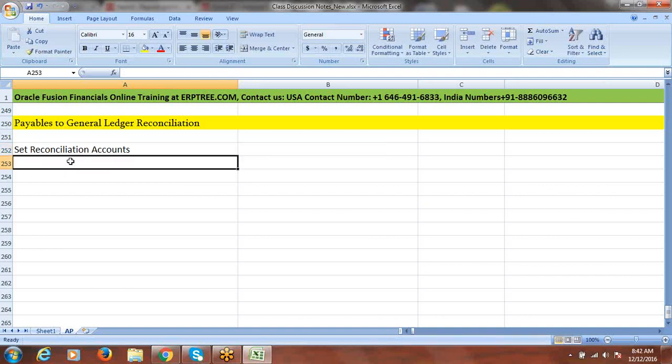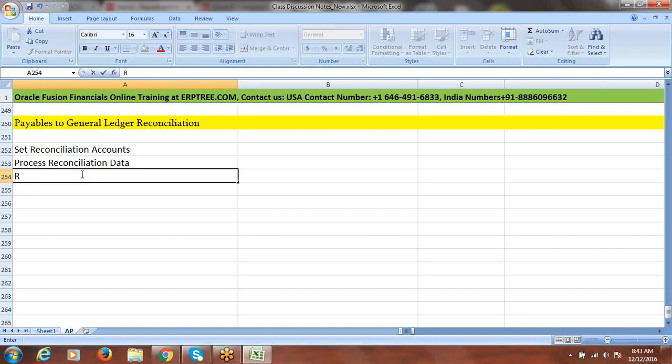First we have to set which accounts are reconciliation accounts. Then we have to process reconciliation data. There is some extract job we have to run. Then we run reconciliation. Just 3 steps.